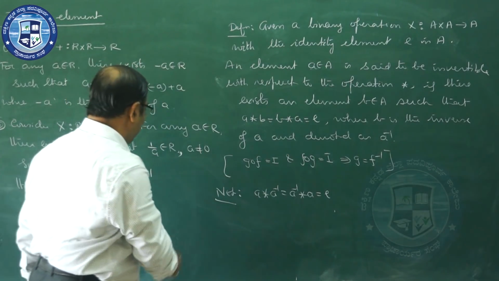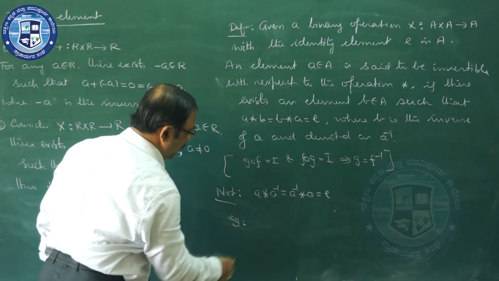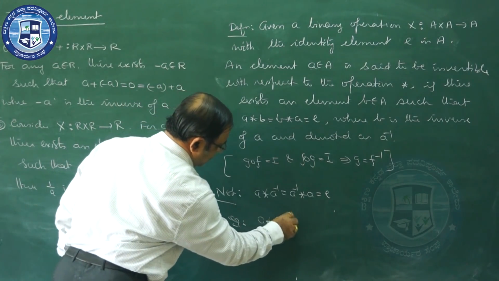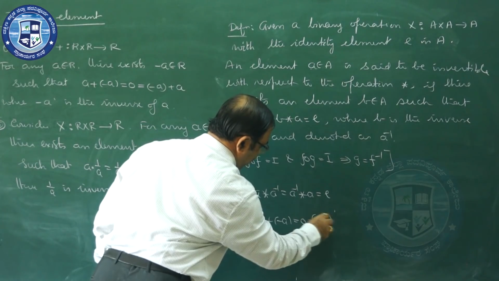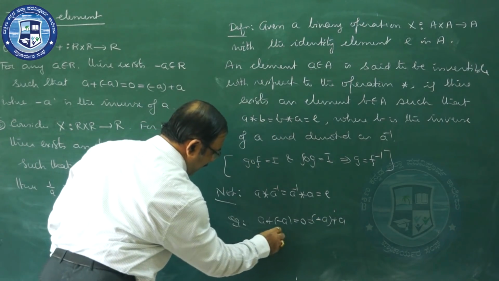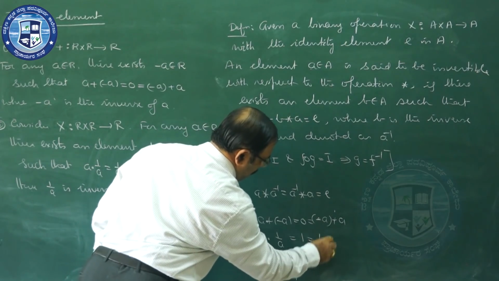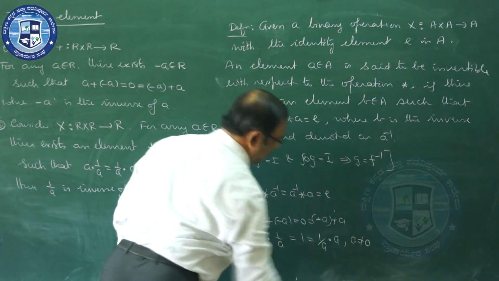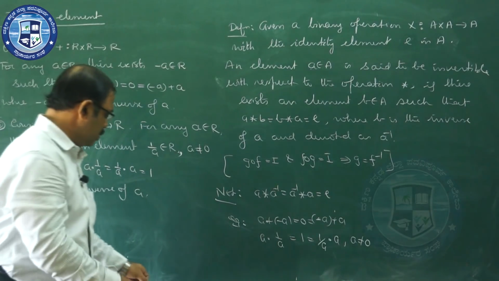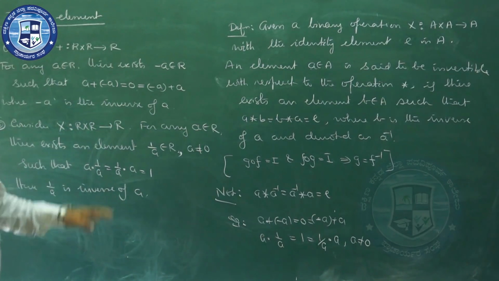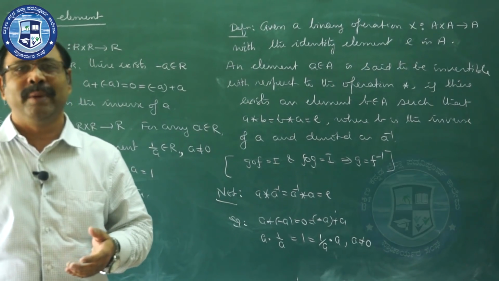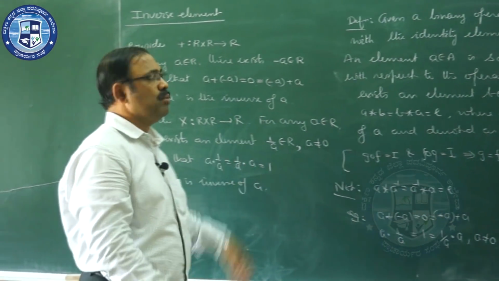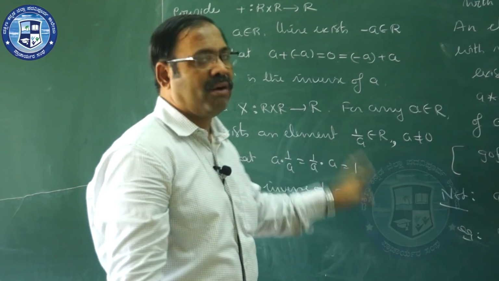This is what I have given in the earlier case. For example, a plus minus a equals 0, that is equal to minus a plus a, or a into 1/a equals 1/a into a, a not equal to 0. So better remember this definition also. From overall these binary operations, you may get a 1 mark question or a 2 marks question, so you cannot neglect any of these.